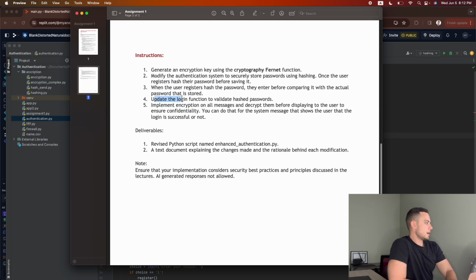Then update the login function to verify the hashes, to match the saved hash with the user password that is hashed. And finally, you need to implement encryption on all messages and decrypt them before displaying them to the user